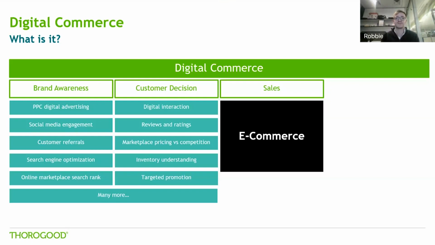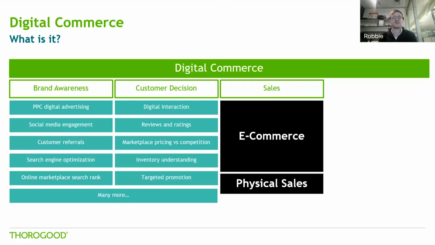And then obviously the majority of all this type of brand awareness and customer decision, all the digital stuff, is mostly going to feed into e-commerce purchasing, but it is also going to influence physical sales. So actually, for the shoes I have on at the minute, I did a lot of research online, became aware of the brand, but actually went in and bought it in the store because I wanted the shoe on. But actually, it did come into the brand awareness through digital commerce angle as well. It just ended up feeding into physical sales. So some people are saying that physical sales is even contributing under the umbrella of digital commerce.